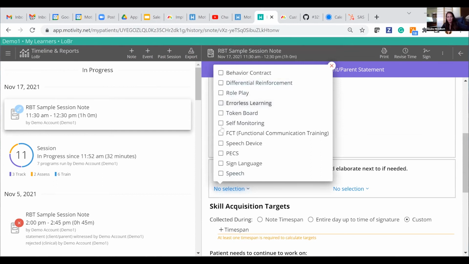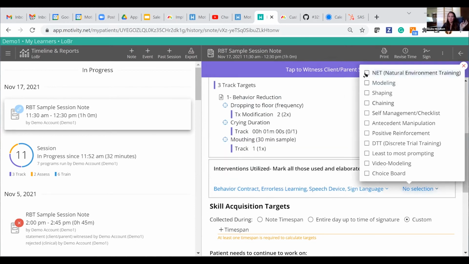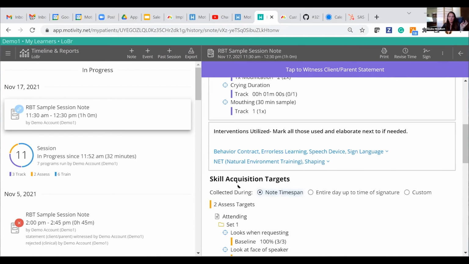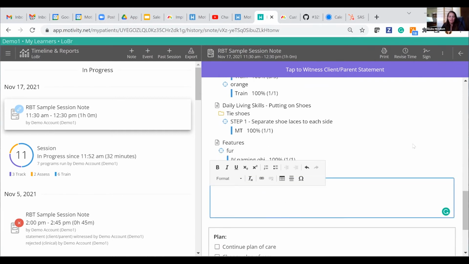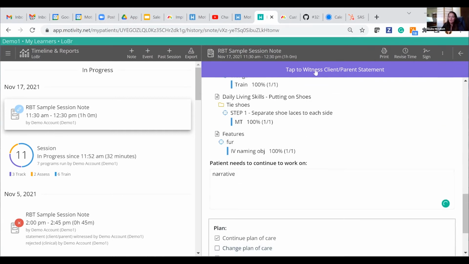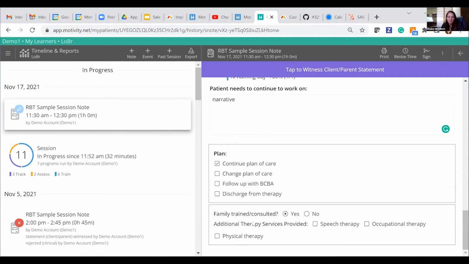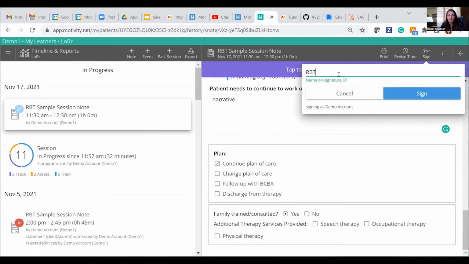And of course, this is just a template that we created for the demo. You can make it look however you want. And then you can have a narrative. So here's the skill acquisition targets. And then here's a place where you can put your narrative. You can sign it. Then you can have the parent sign it. If you have like a parent signature step that you need, you have that. And then from there, so let me go ahead and sign it. So RBT